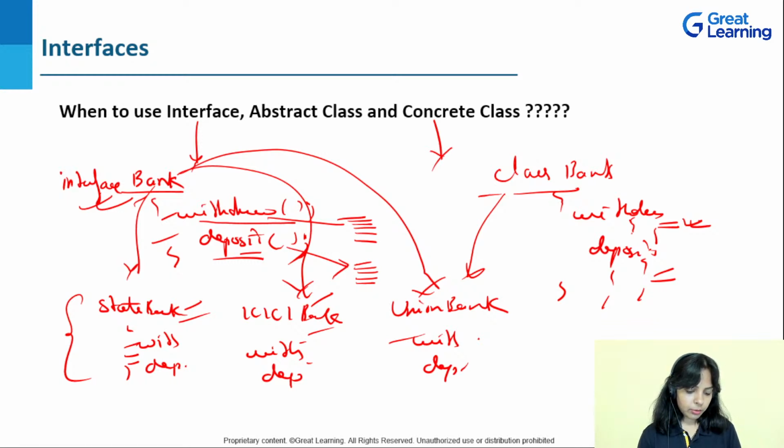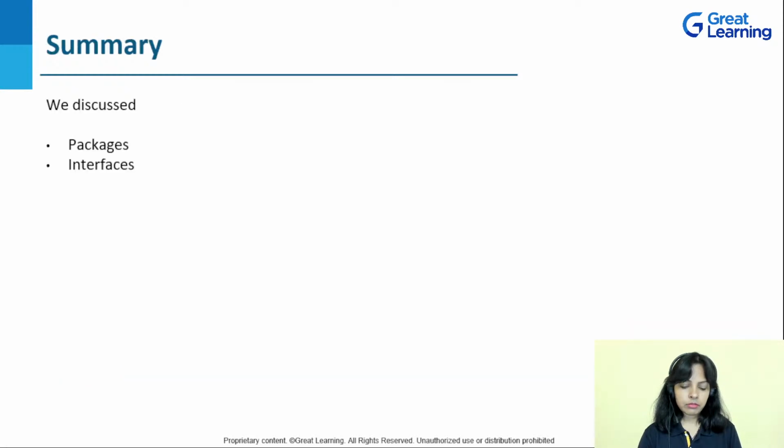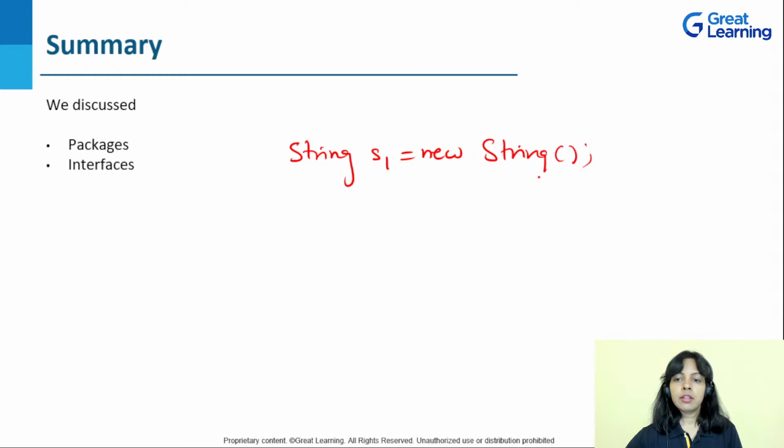Neha Verma has asked how to create a string in Java. Although it was not a topic, but fine. String is a class in Java. If you make an object of the String class, you write the class name, space, object name equals new String. This is also how you create it, but most likely we use String s1 equals, and assign a value to the string if you want.